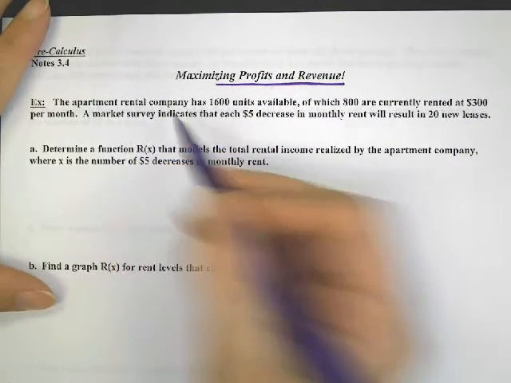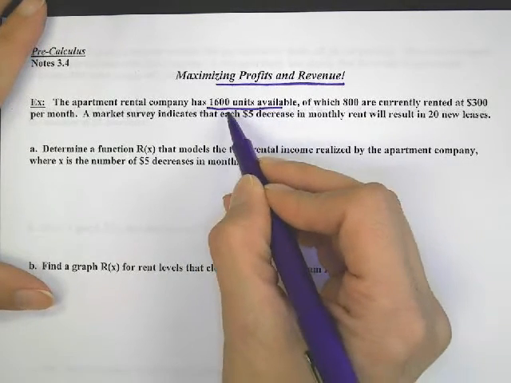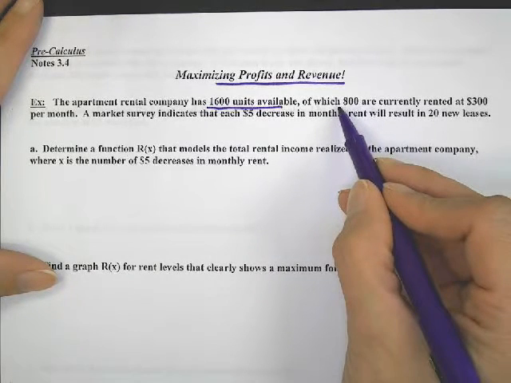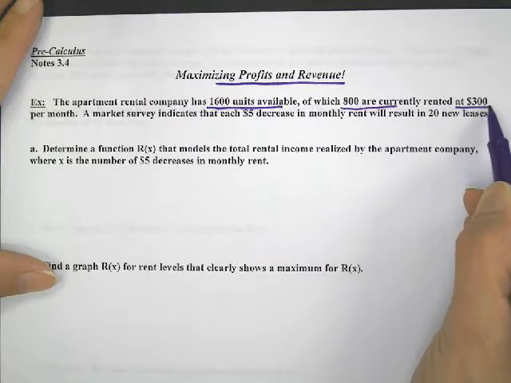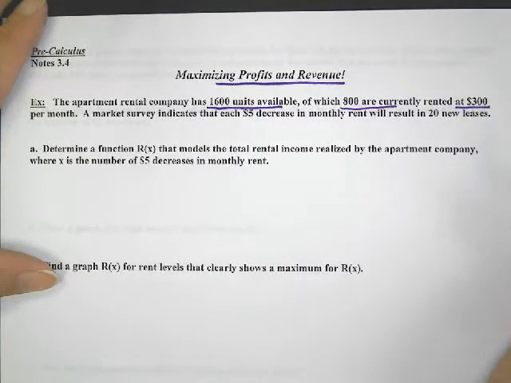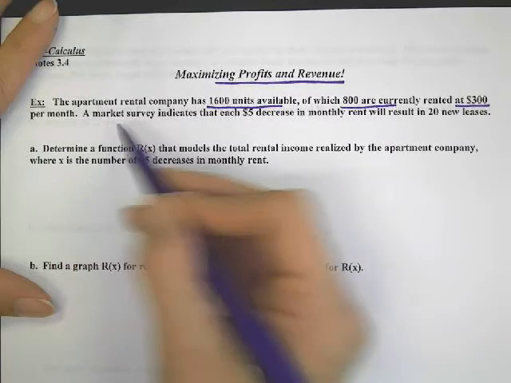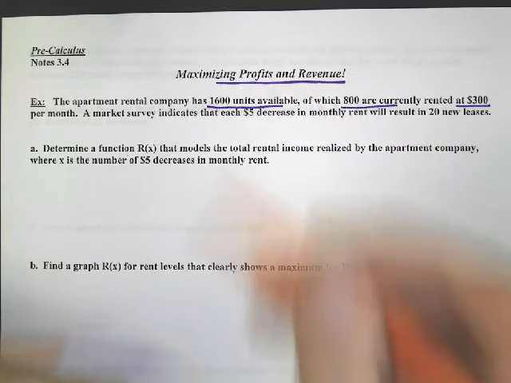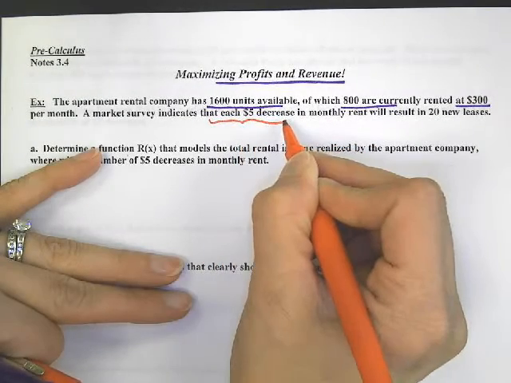The apartment rental company has 1,600 units available. That's a lot of apartments, but only 800 of them are currently being rented at $300 per month. A market survey indicates, okay, so this is where I get out the red pen, that for each $5 decrease,